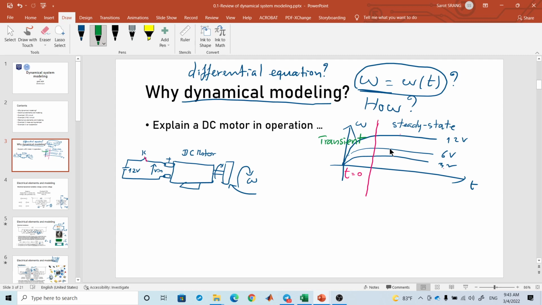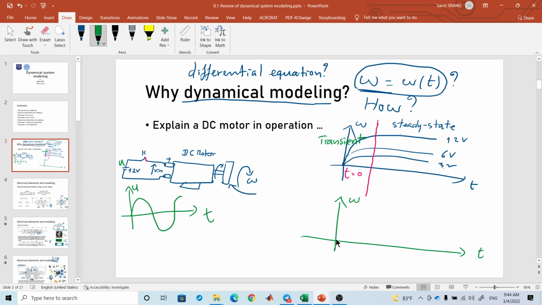But steady state doesn't mean it must be constant. Let's say you have an input voltage that you can change like a sine wave. Let's call U here a sine wave, and then you have the motion of the velocity, the angular velocity of the motor. Let's say at the beginning it seems not, how to say,